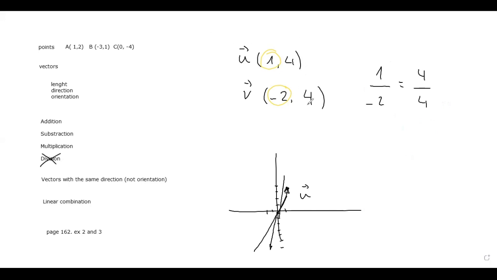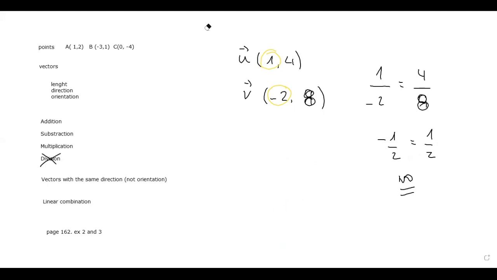But if instead of having here 4, I had an 8, okay, this would be -1/2, and this would be 1/2. Is this the same? The answer is no. So they don't have the same direction. And again, if you draw it, it's easier in your notebook with checkered paper, but if you do it here, 1/4 is something like here, -2/8 is something like here. It's impossible for them to have the same direction, okay? Sometimes it's crystal clear that they don't. But when it's not that clear, you just do this and you find it out. And that